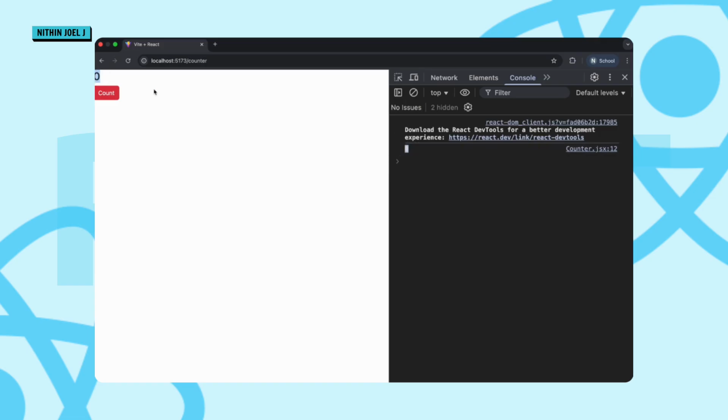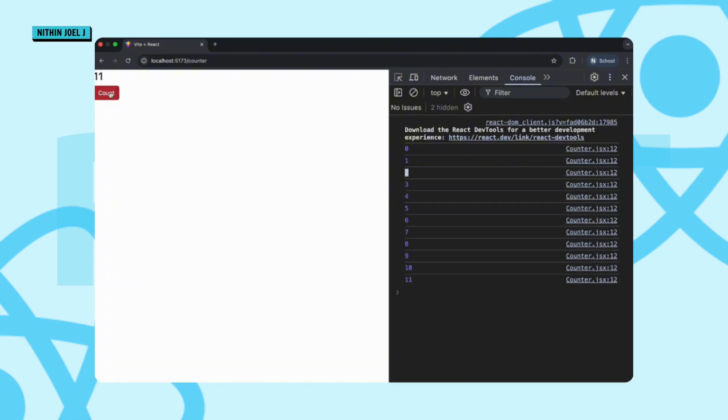Even here it holds 0. So now if I just click on this count button, the h2 tag says 1, and our console also says 1 over here. Again 2 and 2, 3 and 3. Okay, so it keeps going over here. This is fine. Now let's come into the real concept of why the updater function needs to be used in